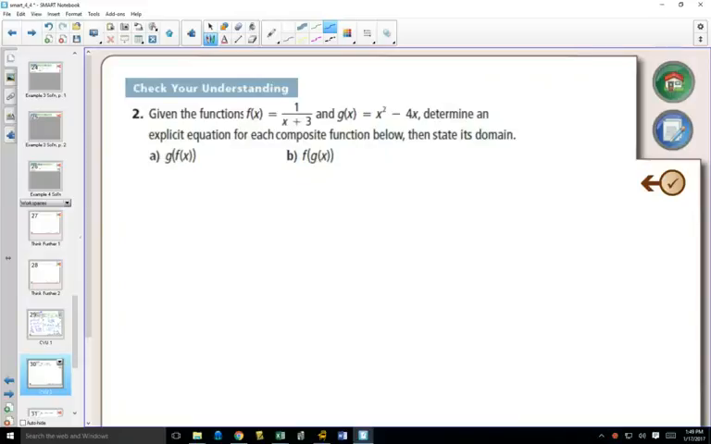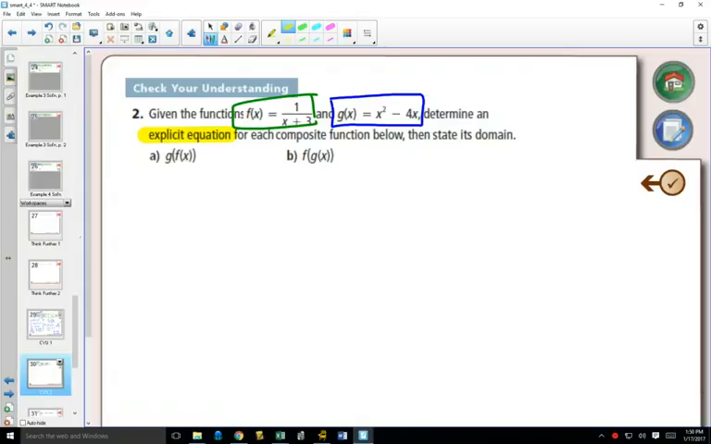Here's our two functions. This time, I'll put g of x in blue, f of x in green. We don't have to graph them this time. It just says find an explicit equation. So our important definition here that we need to know is what an explicit equation is, because you've been paying attention,